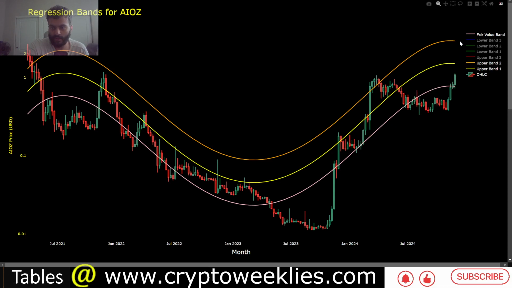Again, you can see this orange line. Usually that's where the toppy nature for the crypto becomes more and more evident. Right now, the 2 standard deviation residual on the regression function is coming in at around $2.91. So this is again a moving target. That means if today the price were to go to $2.93, that would represent the highest risk.